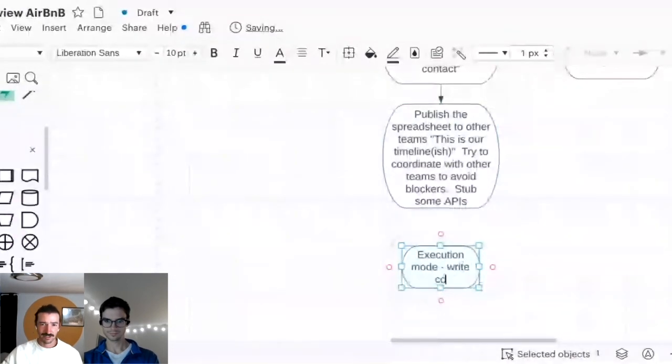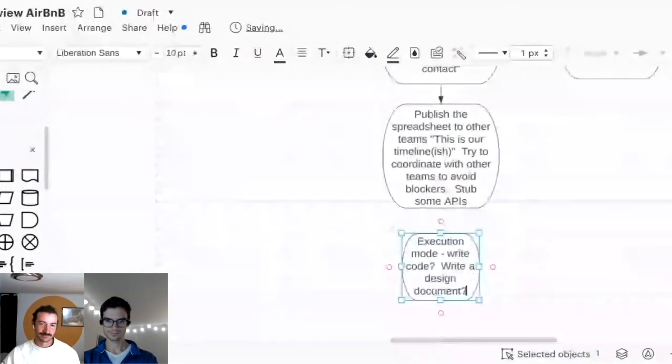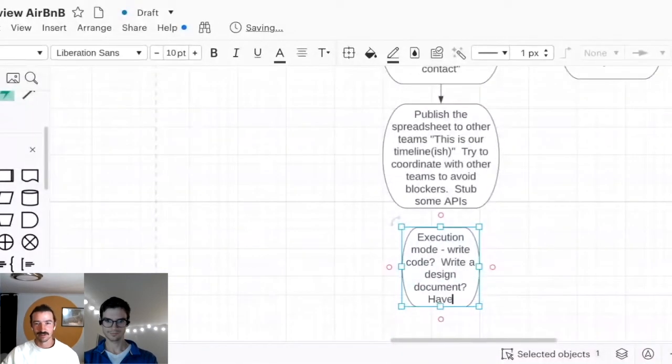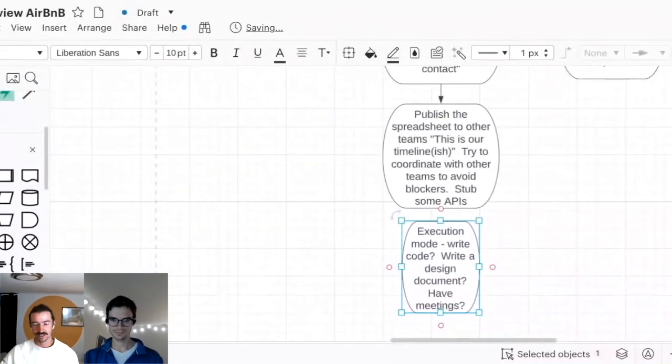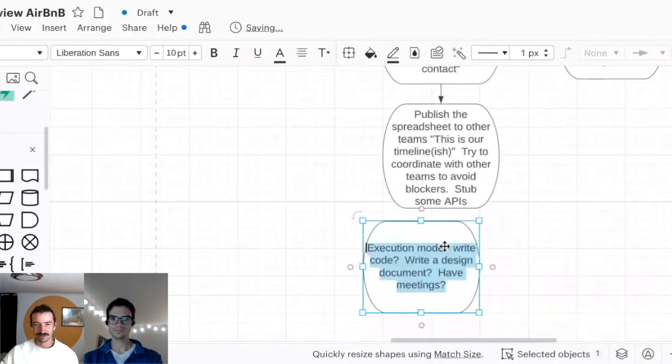For other projects, it might mean write a really detailed design doc and have a bunch of meetings where everyone offers their input, and then write code. But essentially, once the spreadsheet exists, the engineers are driving everything. So a lot of the time, that is code. Or realistically, you might read code for a while.